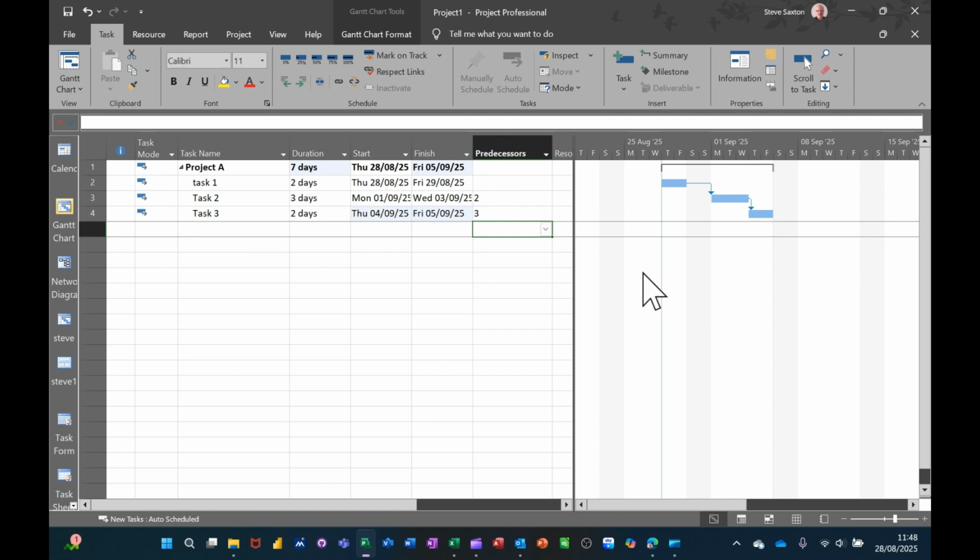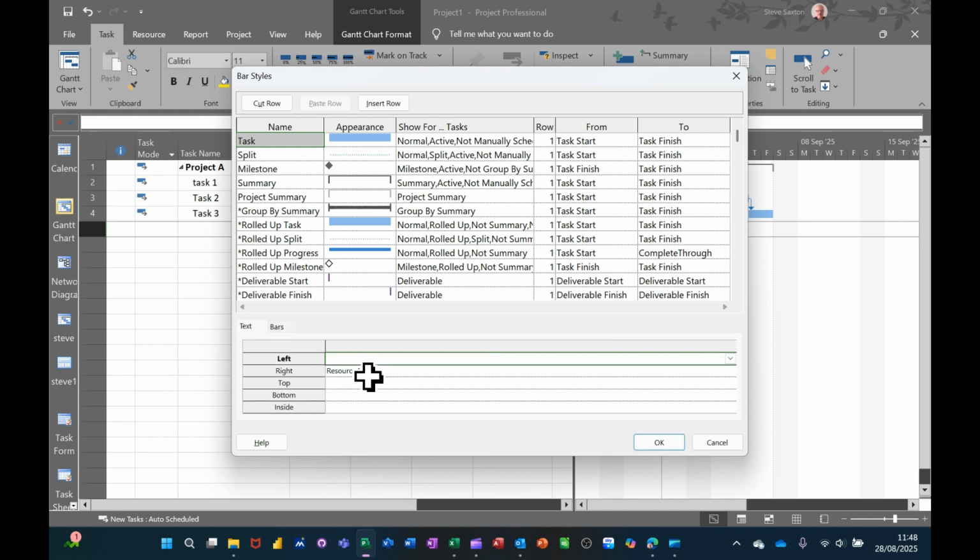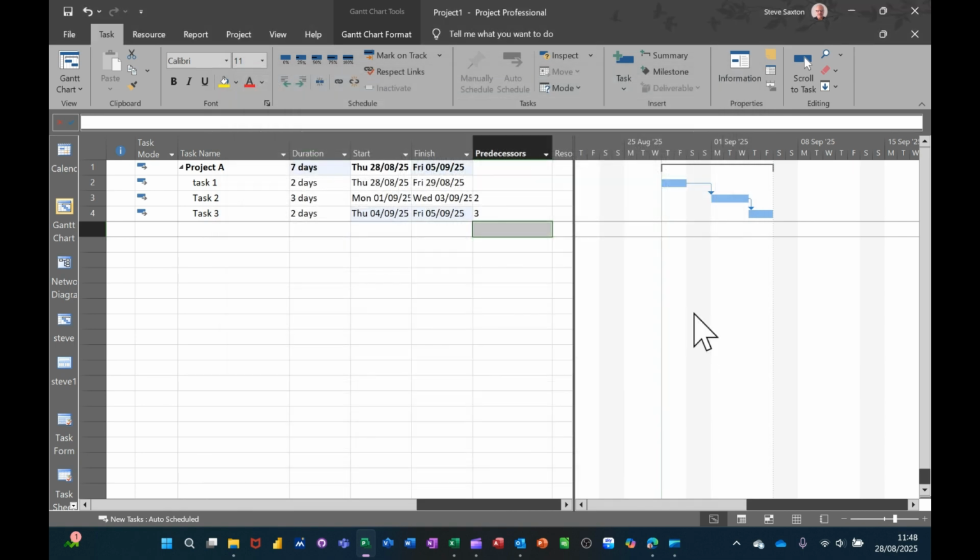Just double click on the white where it says text, just type the letter N there, which would be name, which is the actual task name, so it sits on the Gantt chart like so. Now inside each of these tasks, if I double click on task 1,